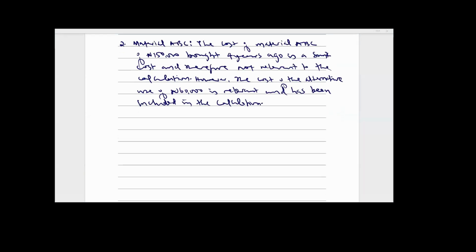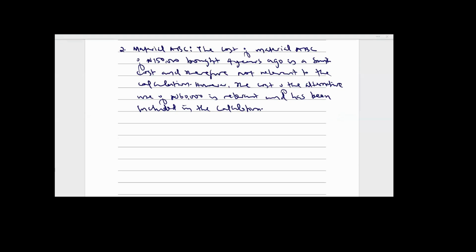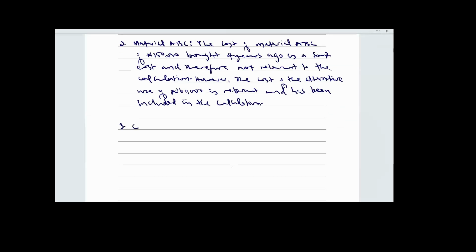The third paragraph, we said that in the third paragraph, the casual worker's remuneration of 8,000 naira per month is relevant. So we have accounted for that. So let's talk about casual workers. Number 3, casual workers. The remuneration of the casual workers of 8,000 naira per month